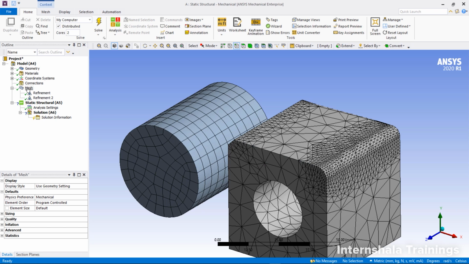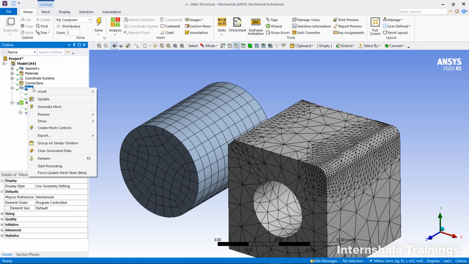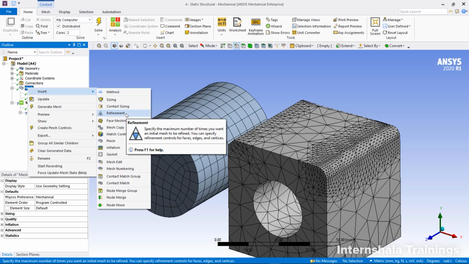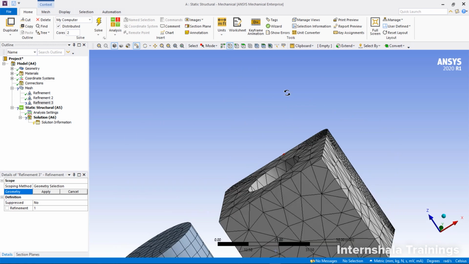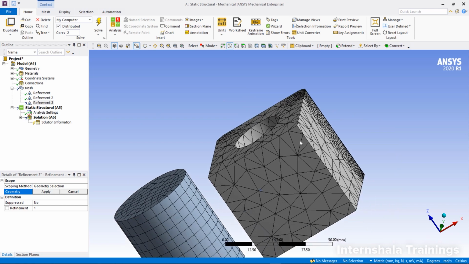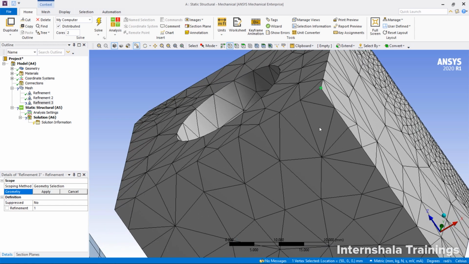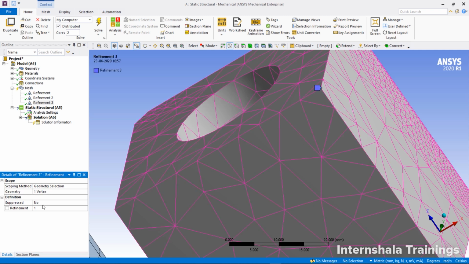And now, if you have any sharp corners which are critical for analysis, which you can't remove from the geometry, there you can go for the refinement of vertexes. So it's like as usual, you can select insert, and here you are going to select the refinement level, and you are going to go to the selection filter, go to the vertex filter, and here we'll just select this particular vertex. And once you select this particular vertex and click on apply, now you need to select